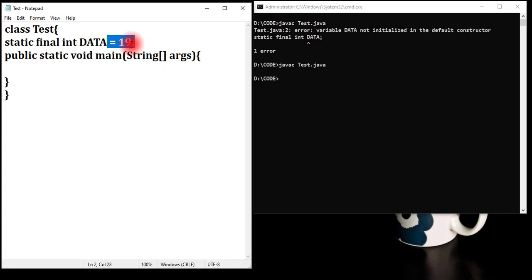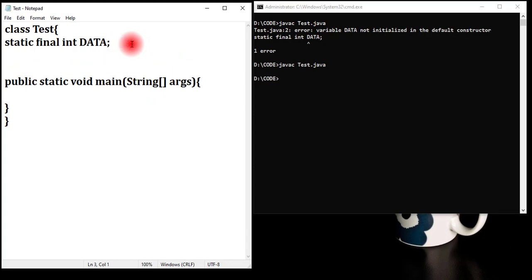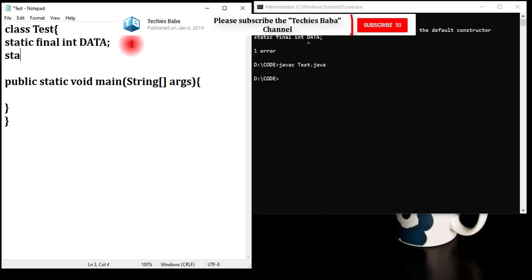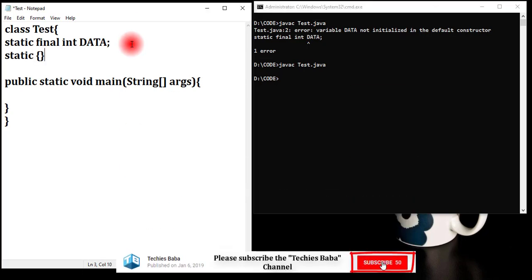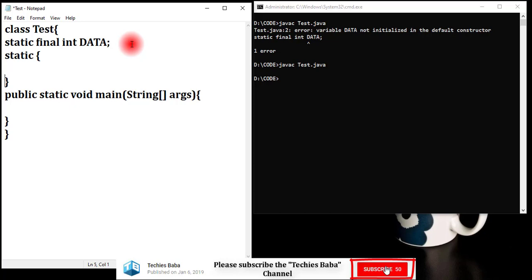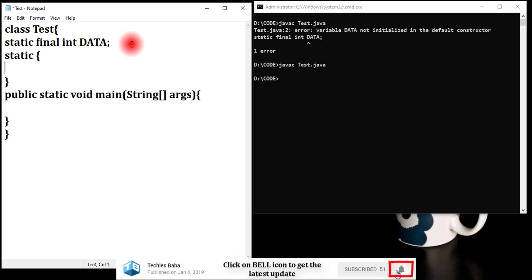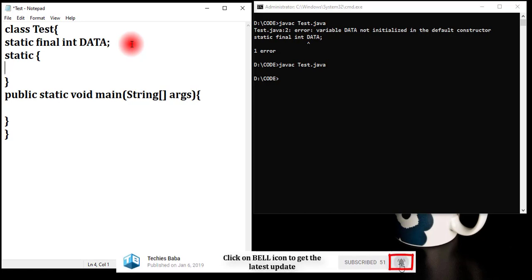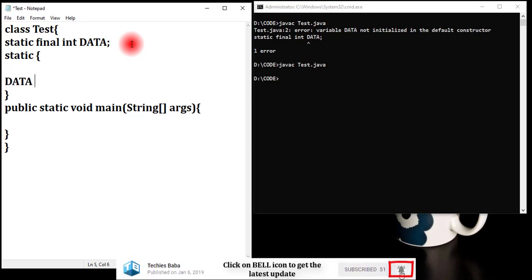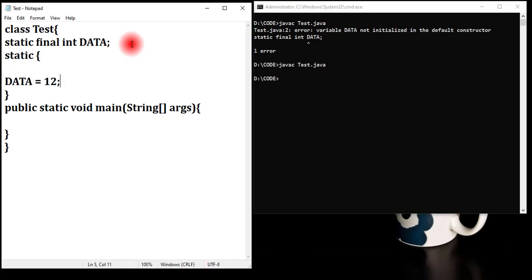Let's think about a blank final variable. It is not a constant as it is a blank final variable. So I'm initializing; this is the place where we can initialize. We will talk about all this concept in object oriented programming, but just trying to initialize. So I'm initializing data equal to 12. Now just verify. It's fine.